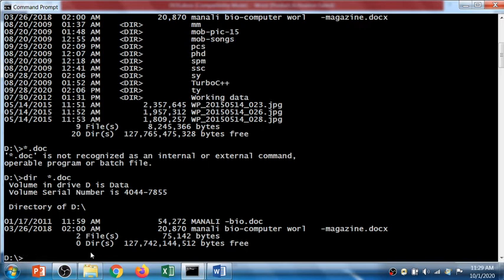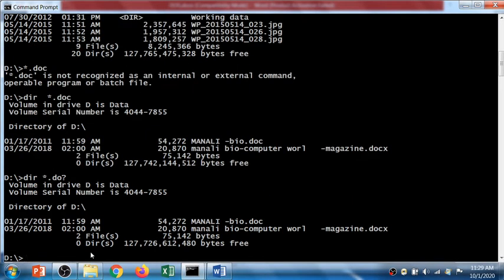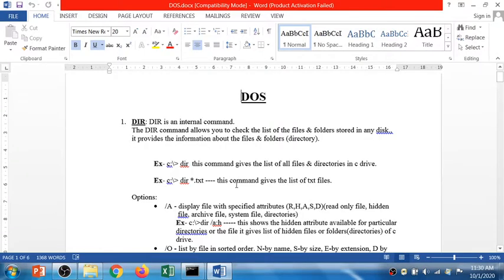Let's say the special character, the question mark, you can also use. Let's say dir space star dot do. You remember only the do, but the c you don't remember, so the question mark stands for a single character, but any character. So again it gives you the same result. The last character can be anything, in this case it's the c character, so it's doc, right?